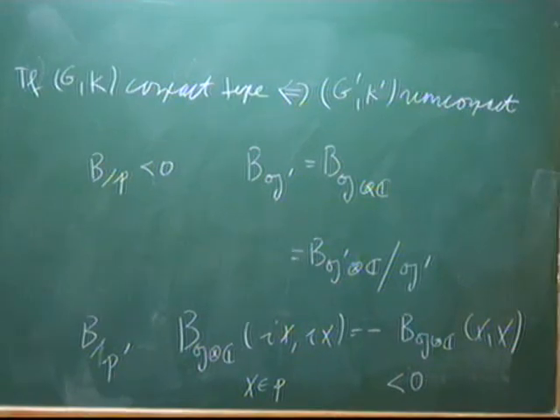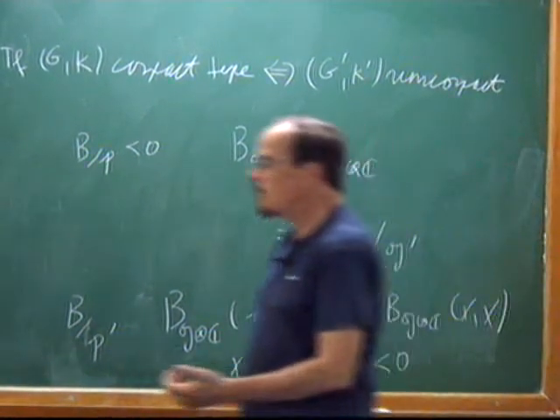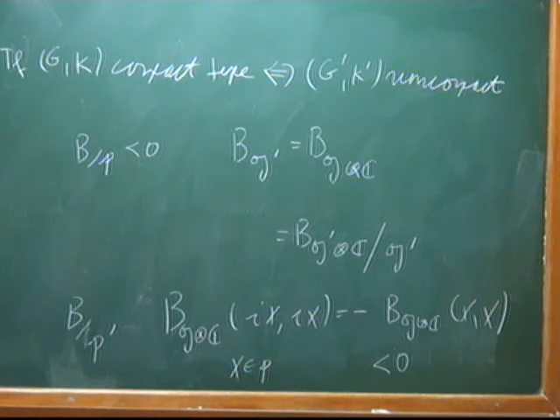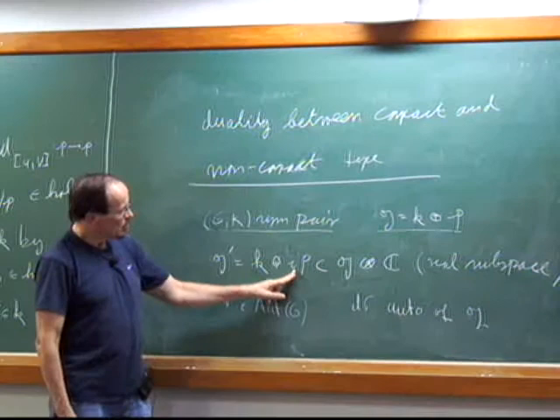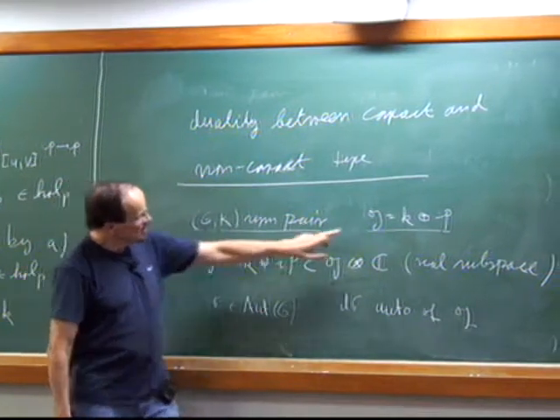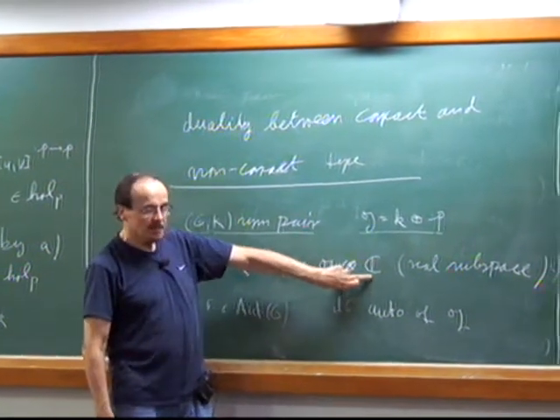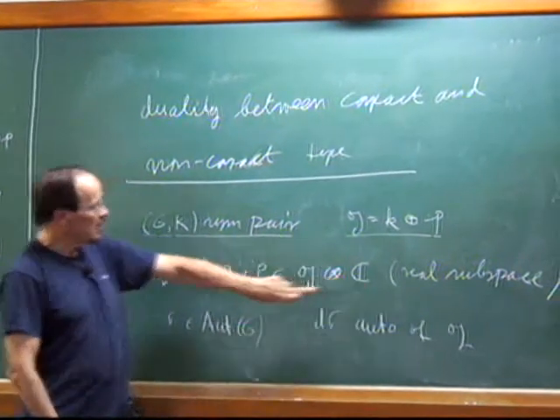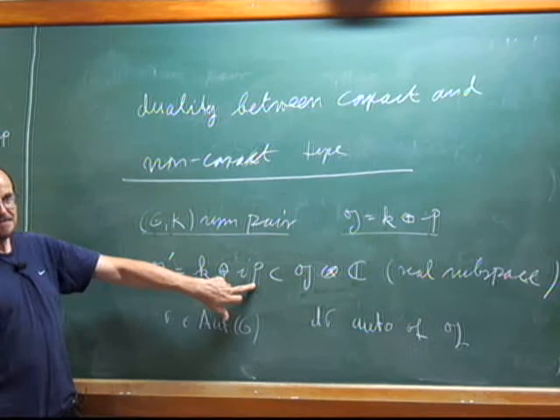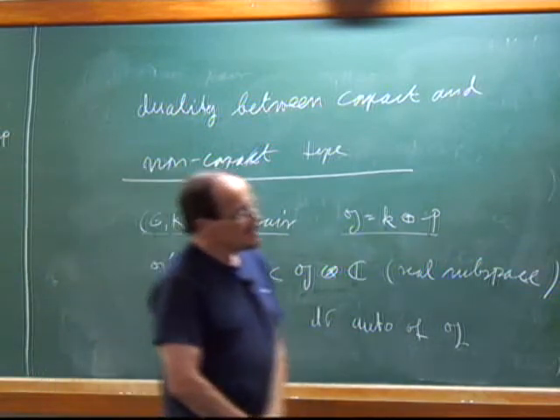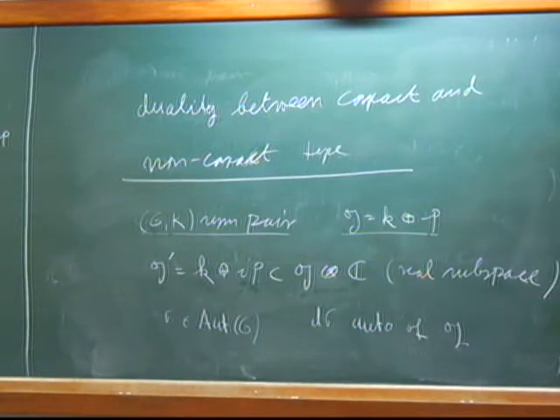So just because I multiply by i in P, that changes the sign of the Killing form. Computing it in here is the same thing as computing the complexification for G, then restricting, also for G prime. But now it changes the sign of the Killing form. So it takes non-compact to compact type, and